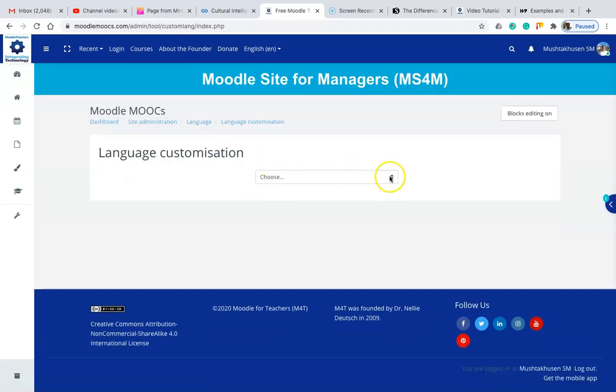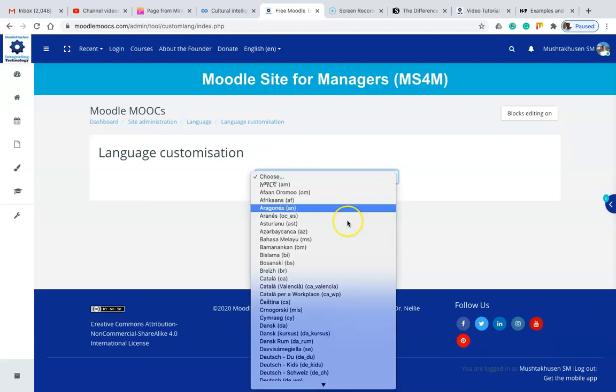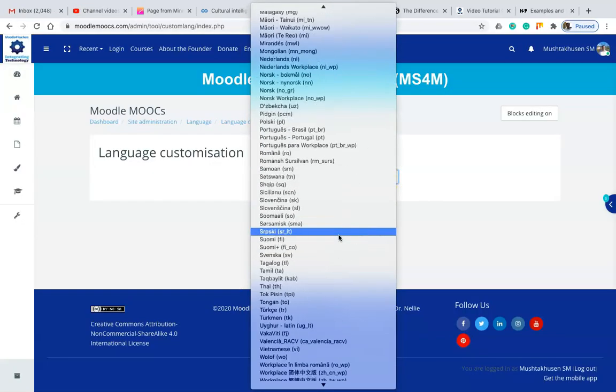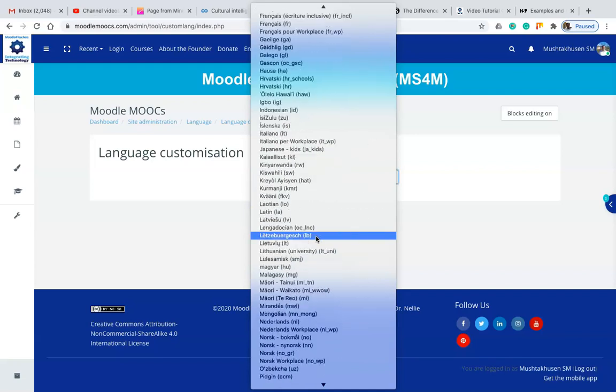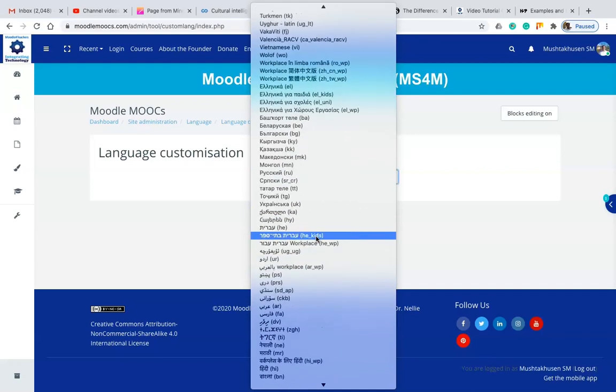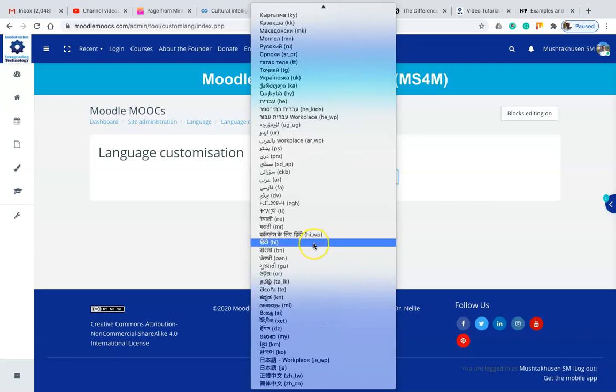Now we need to see if we have multiple options to select. Yes, great. This is a huge variety. You can see there are a number of languages. Right now, since we are using English, we shall go for English, but yes, you are free to select. See, there are many languages over here. We have Hindi too, so I am happy that we have Hindi.